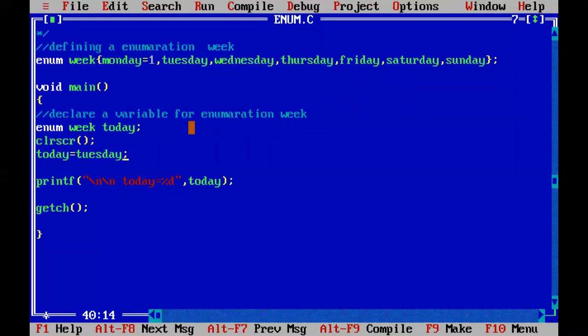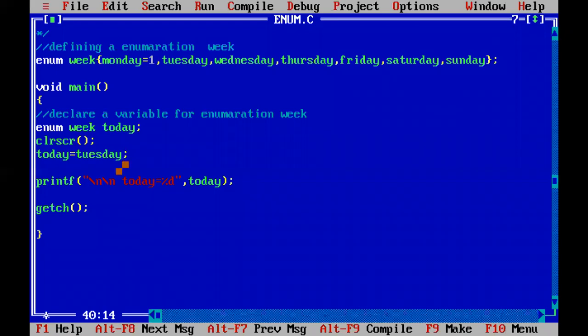So Tuesday will be 2, that 2 is assigned to today. Now if you print today, the today value will be printed as 2. That means today is the second day in the week. What is the second day in the week? First day is Monday, second day is Tuesday.